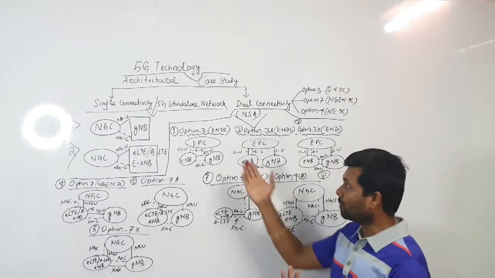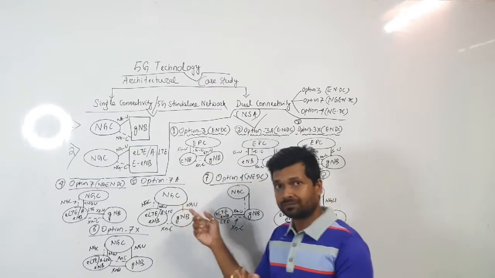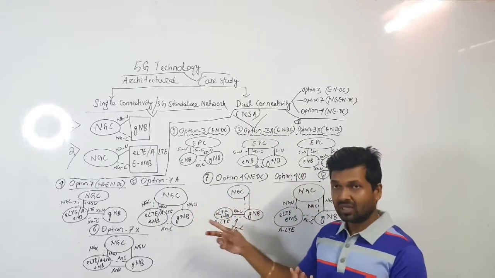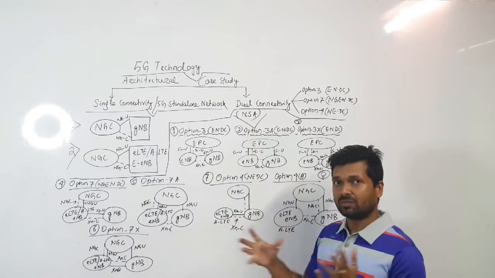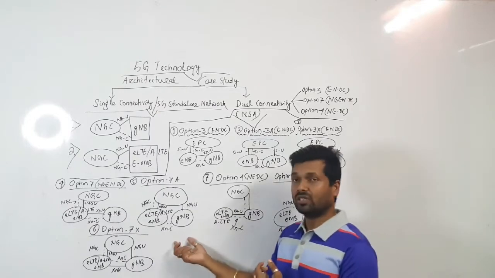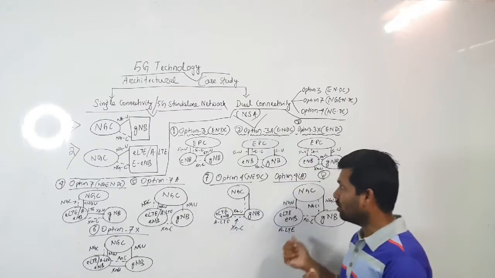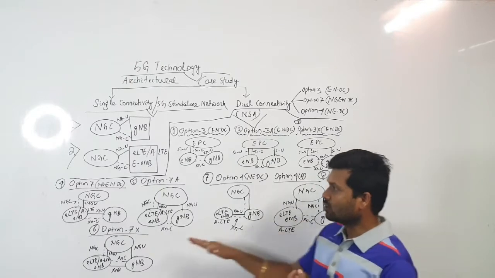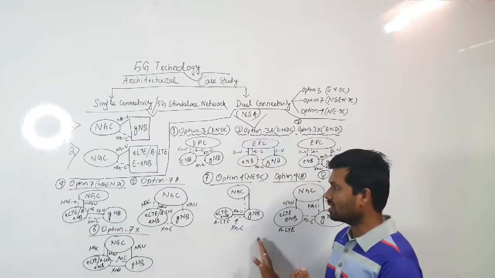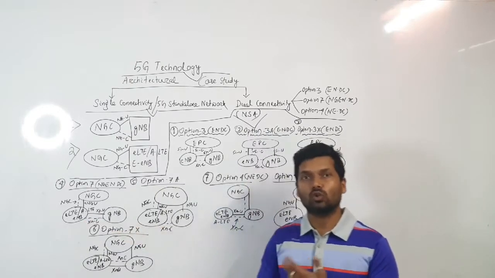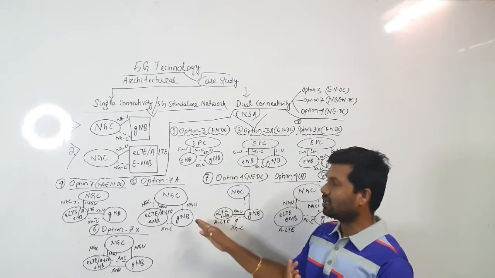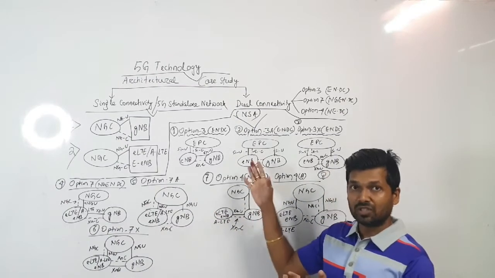Moving on, when you upgrade your core to the new generation core or the NGC, then you can adopt different options depending on your requirements. That could be option 7, 7A, 7X or option 4. So for both of these options, again you are adding the advanced node, because these are not using the EPC.